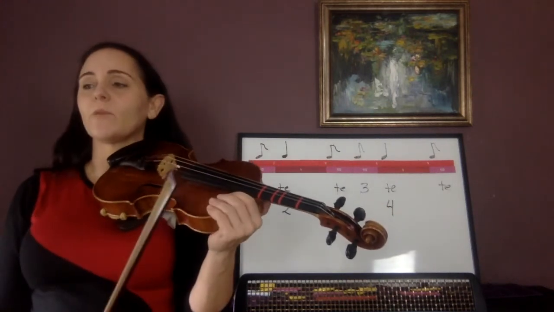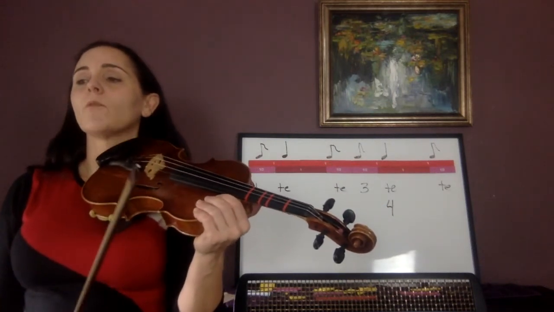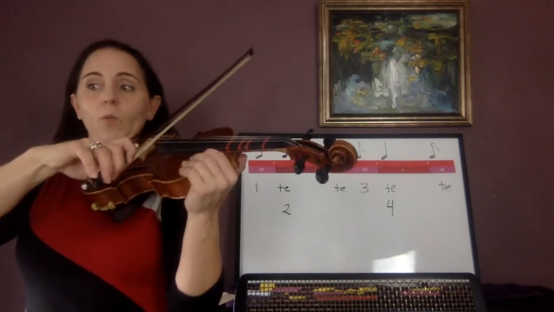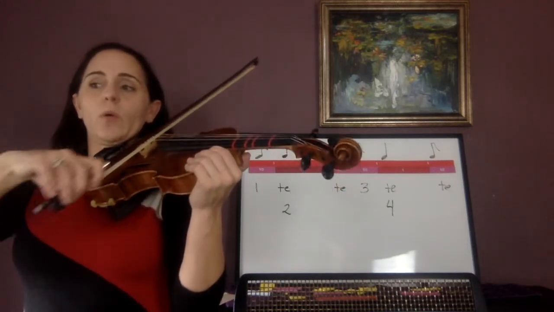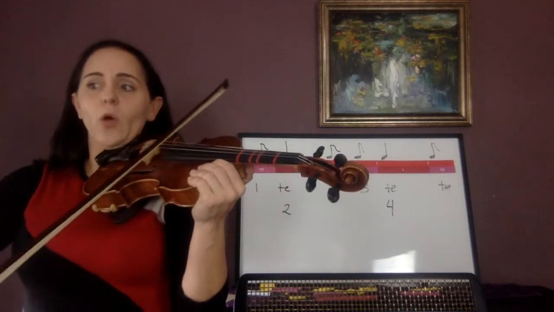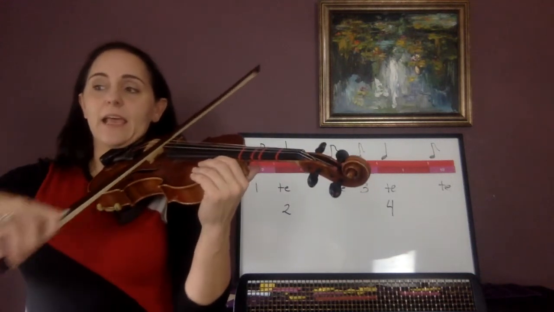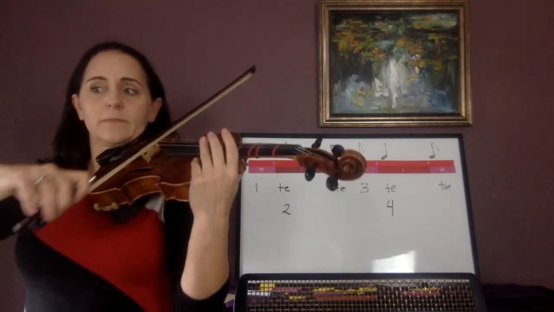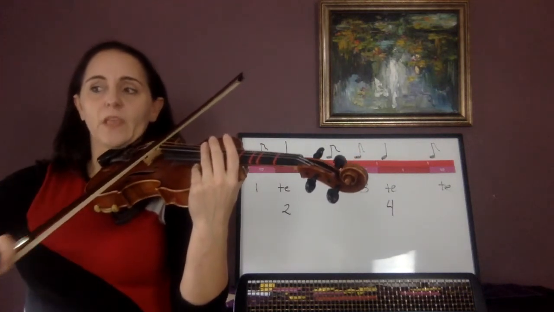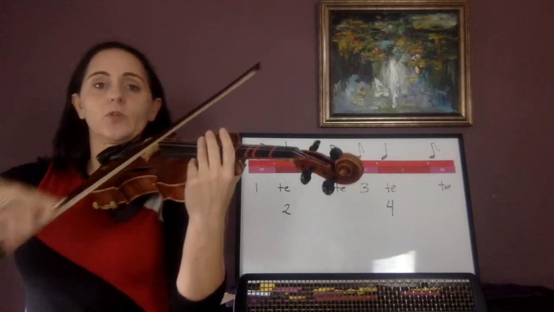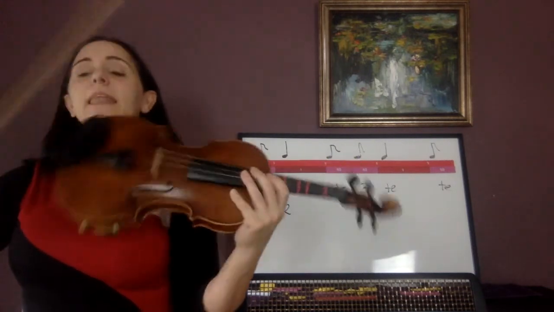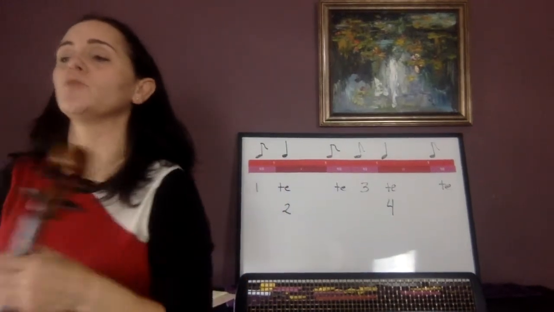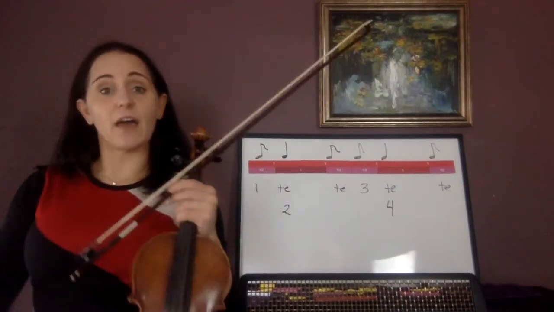Okay, try playing that now with me. And 1, te, open D, go. 1, te, 2, 1, te, te, 1, and repeat. Short, long, rest. Now, you may have noticed you had issues with bow distribution, that you ran out of bow,